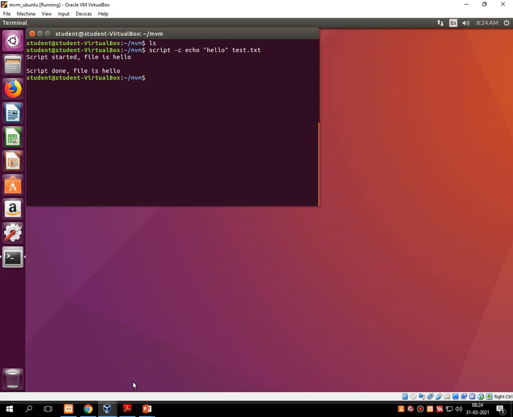Script started, file is hello, script done, file is hello. Fine. Now type the ls command. It has created one file called hello, and suppose I type cat space hello, it displays the created date of the script and the ending time of the script.